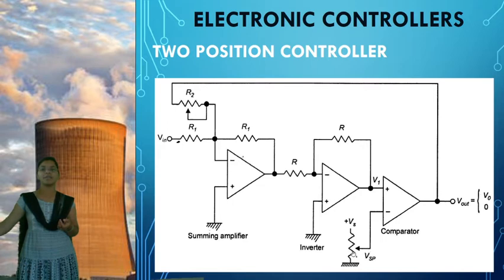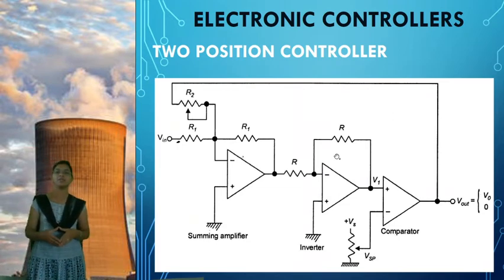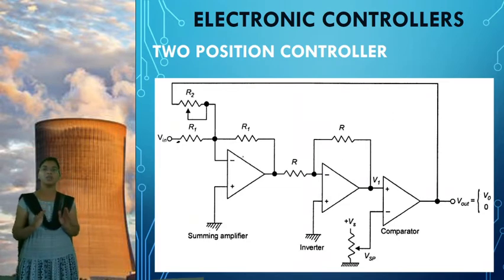So this will be compared with our other input voltage. If these two inputs are equal, then that value will be generated as high voltage, that is V naught. If the two inputs are different, that will produce zero voltage. So like this we can build the two position control system in electronic controllers. Any electronic controller will have an op amp construction. Depending upon the operation performed, we include either an inverting amplifier, a summing amplifier, a comparator, or else a differentiator or integrator, according to the operation you perform.